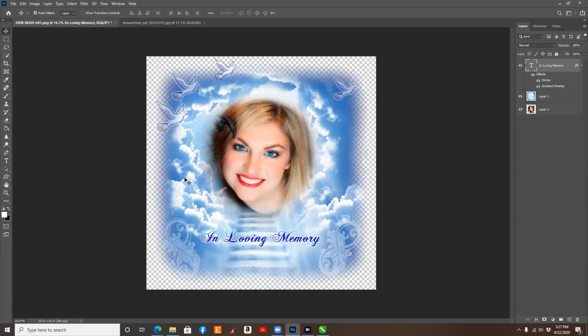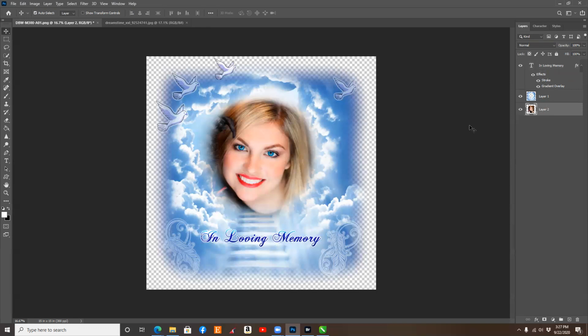You can save as. If you save this as a JPEG, it's going to add a white layer behind it and flatten it, which is probably fine. You're going to print on white paper, so you're probably fine. But if you want to maintain the transparency for other optional changes, save it as a PNG or a Photoshop file, which is a .psd. That will allow you to save this transparency and the layers, which is the important part, so that you can modify